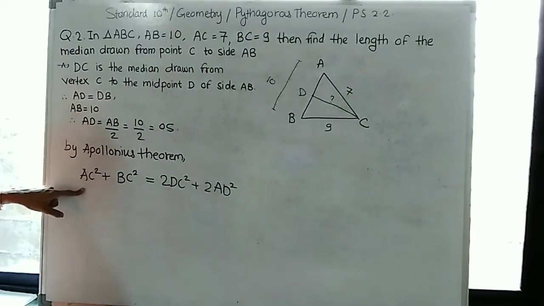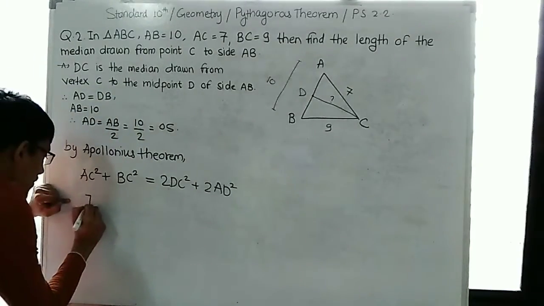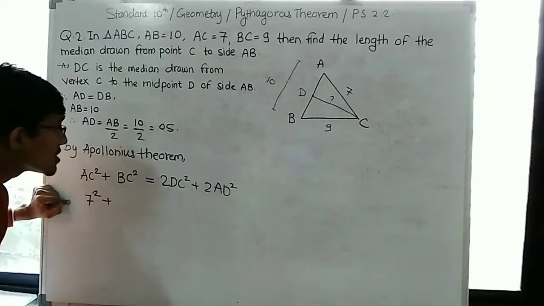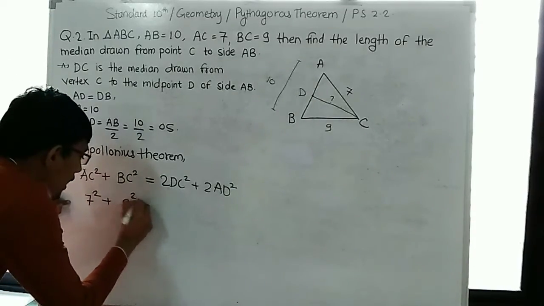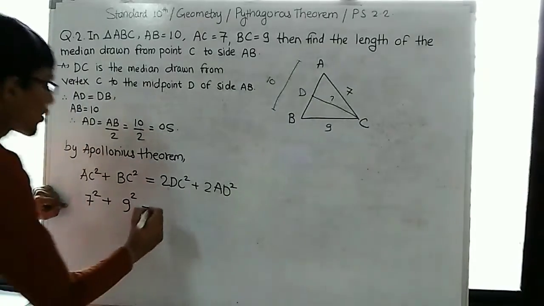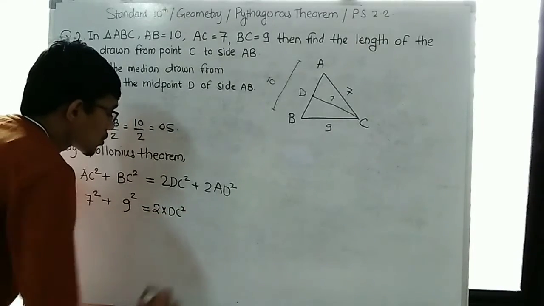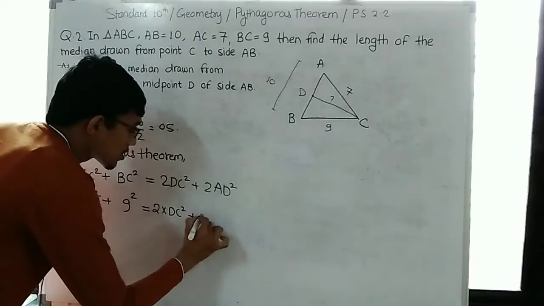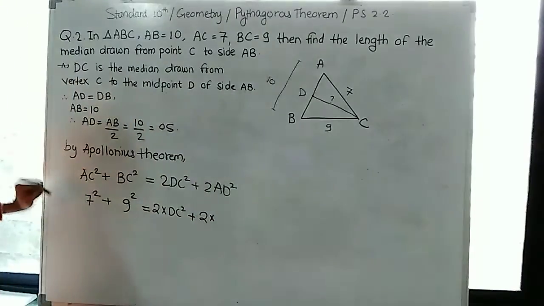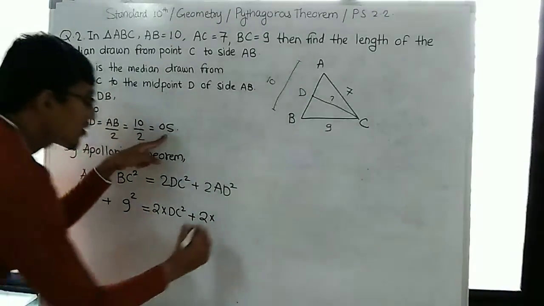Now the value of AC is given, that is 7, so 7 square plus the value of BC is given, that is 9, 9 square is equal to 2 into DC square, as we don't know the value of DC, plus 2 into, now the value of AD we have got, that is 5, so 5